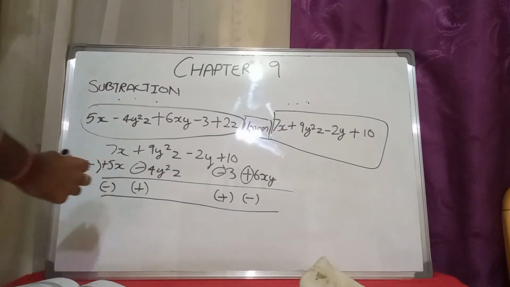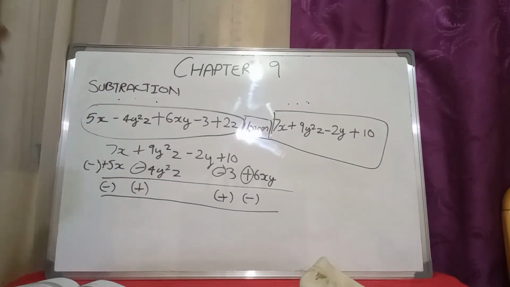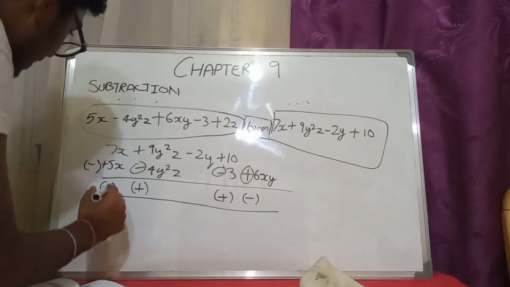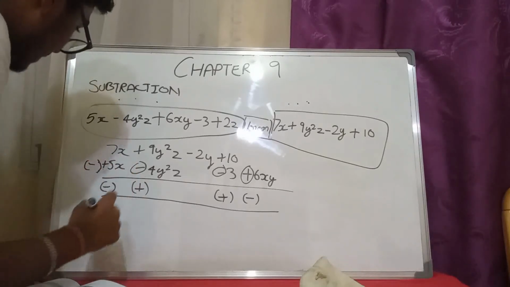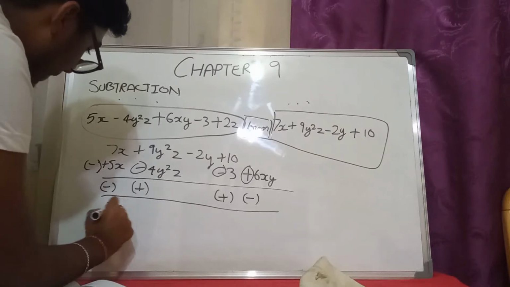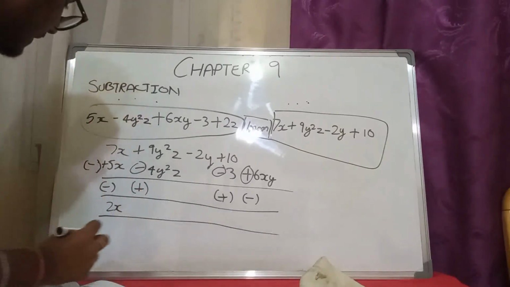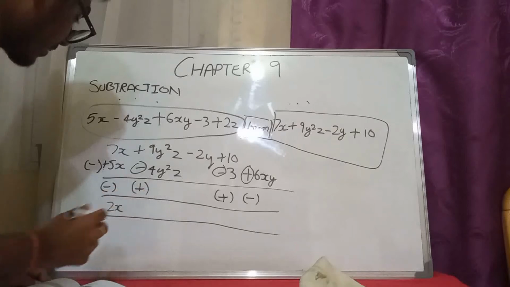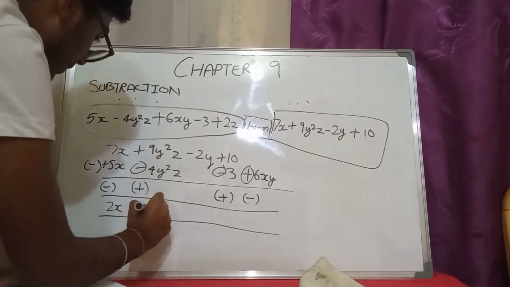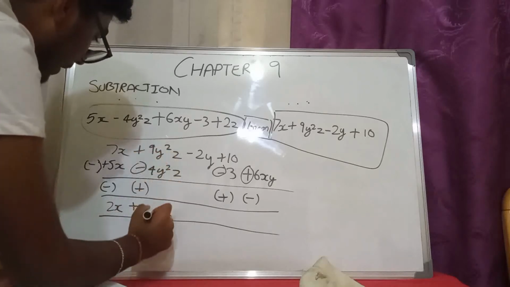Now here there are two expressions. If there are three expressions, we have to change the second and the third expressions' signs. So after changing the expressions, this becomes negative 5x. So negative 5x and positive 7x will give us 2x. Then this will become positive. Positive plus positive will be positive. So we have to add these both, that is